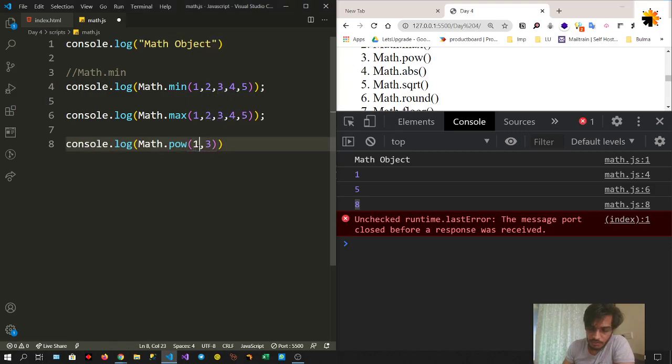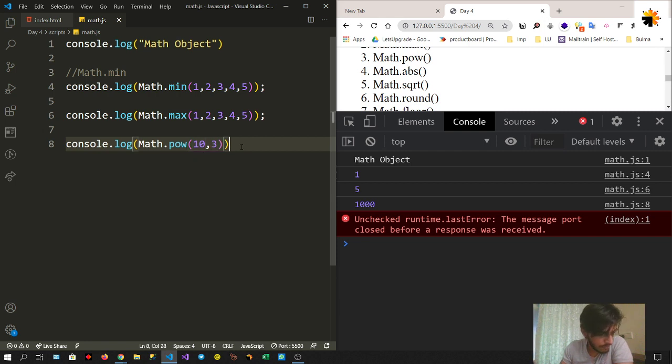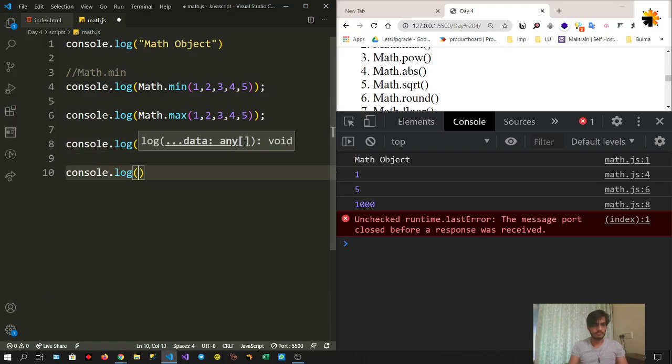Now if you want 10 raised to 3, it will be 1000. So this is all about the power. These are very basic functions, but they are useful. And then you have console.log